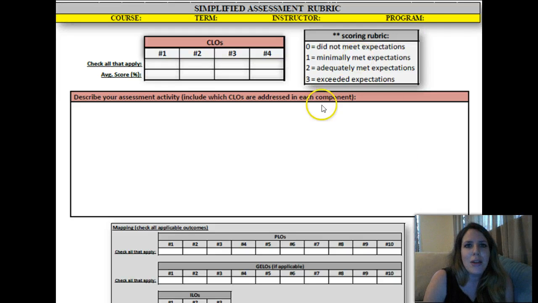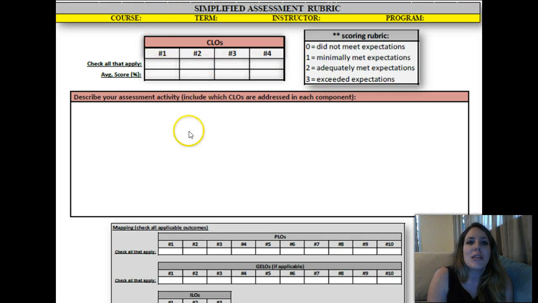And then you're going to say, of those 3 or 4 course learning outcomes that you now have, how many of those are going to be assessed in this assessment? So just put a check. You know, I'm going to be assessing all 4 of them, so I'm going to go check, check, check, check. The only part you're not going to be filling out today is here where it says average score. That's how did the students do on average on that outcome with this assessment activity. So that's what you'll be filling in after you administer the assessment activity. Everything else on here is going to be filled in today.